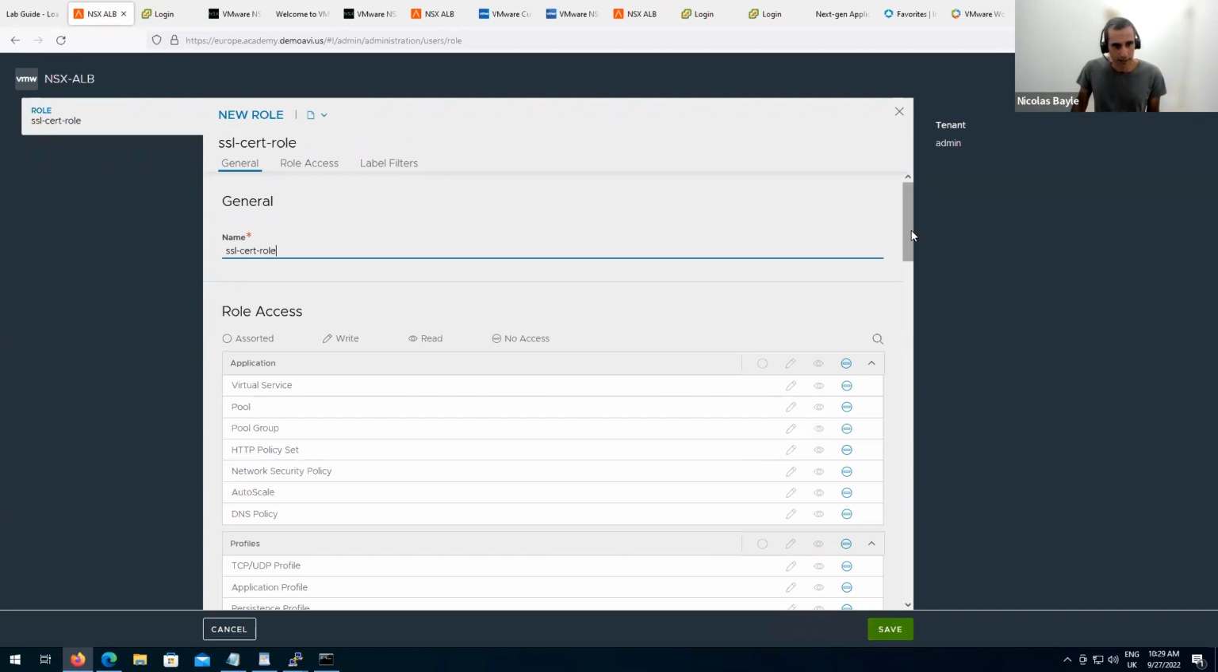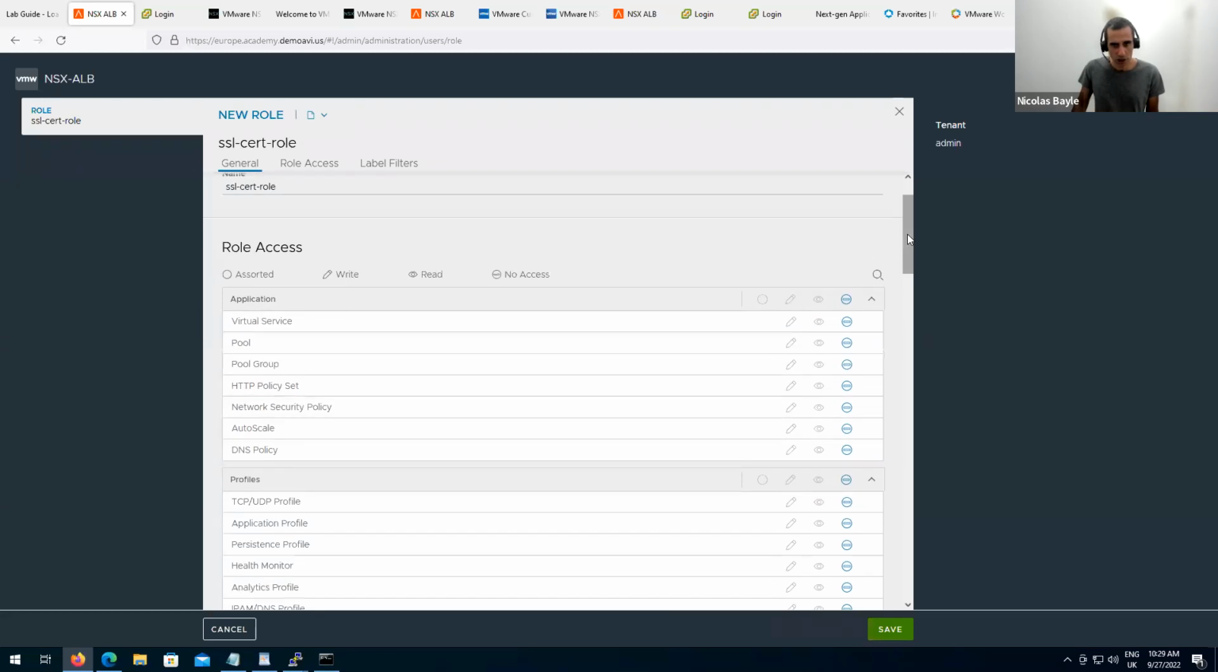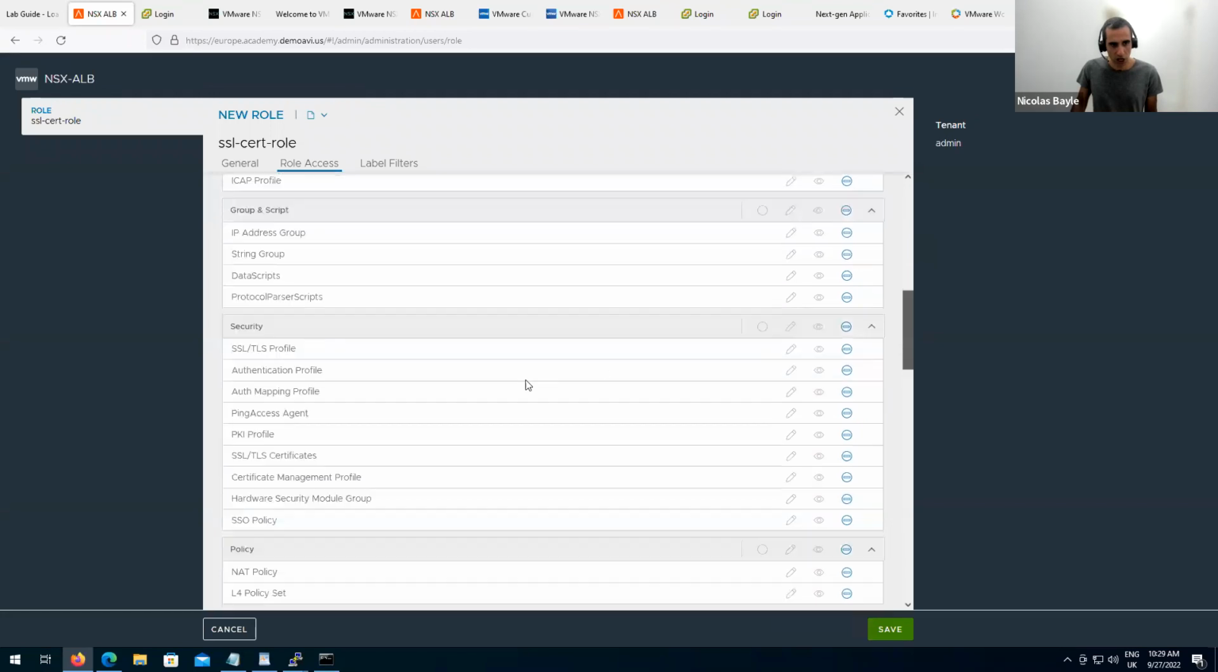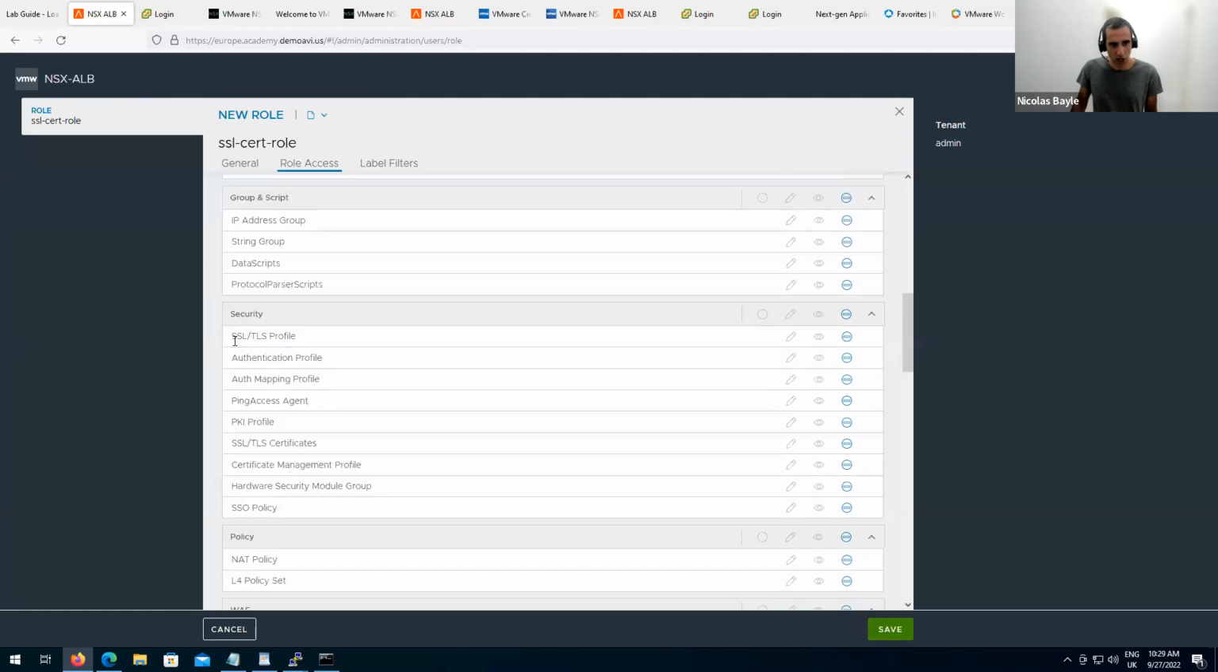And here you see you have some categories. Here it's application, profile. I don't want those guys to change anything or to view anything about application or profiles, but under security here, I want them to make sure they can see and manage my SSL TLS certificate. So just click on this, and now they have the rights, they have the access to manage this specific SSL TLS certificate. So if I can access my environment,